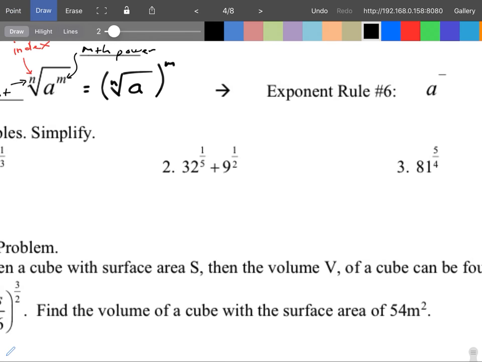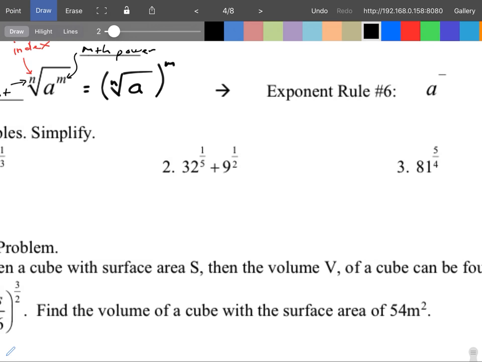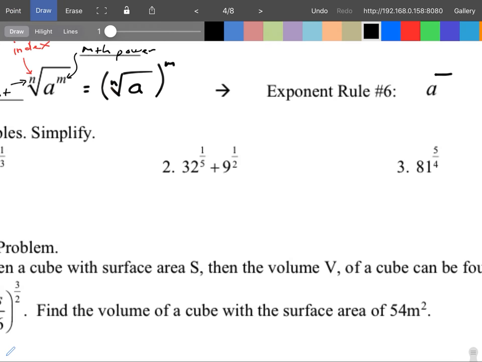first of all, the fraction bar is right here, okay? So we're rewriting it over here to the right. And then that's the fraction bar right there. So you have this fraction bar, and what you guys have to remember is that the index of the root is the denominator of the fraction power. So the index of your root here is n. So that goes in as the denominator of your fraction power. So the n goes on the